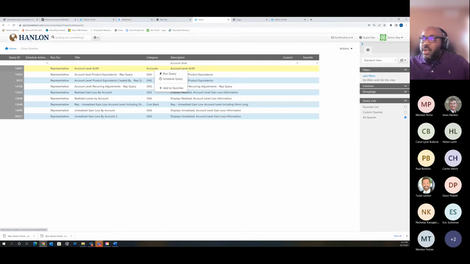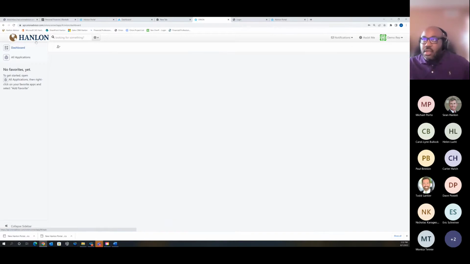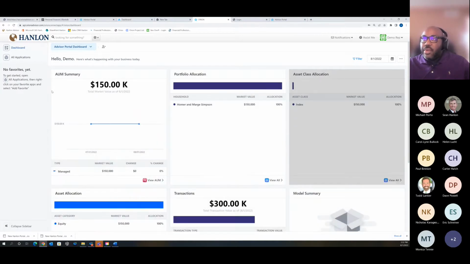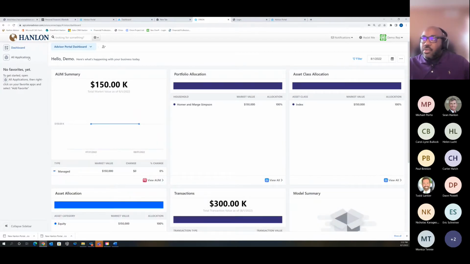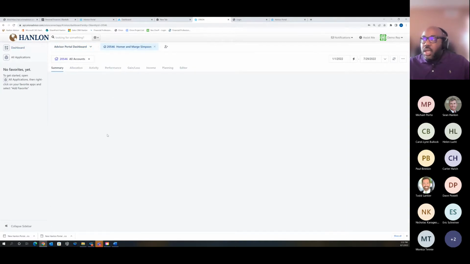So again, I'm going to get out of here and go back to my home screen, and I'm going to let this load up. And I'm going to search for an account. So again, I'm going to click this and I'm going to see it populate. It populates automatically, and that's another cool thing about it. It actually remembers what you did last. I think this will hold about 3 or 4 items in this recently reviewed, and it'll show you the ones you recently reviewed. So I'll click here and